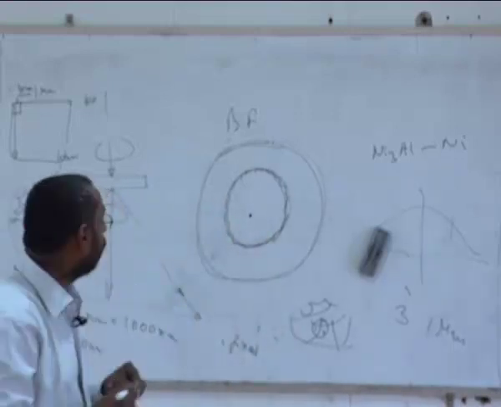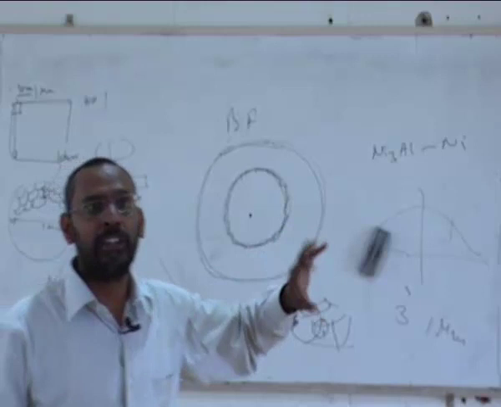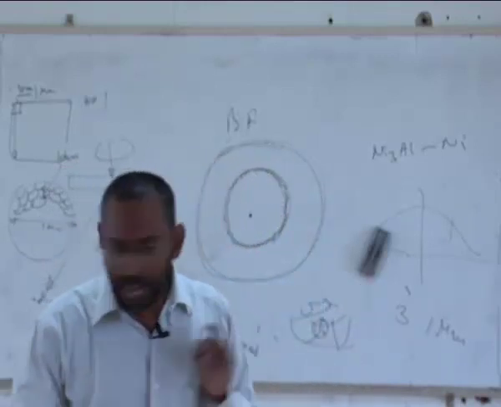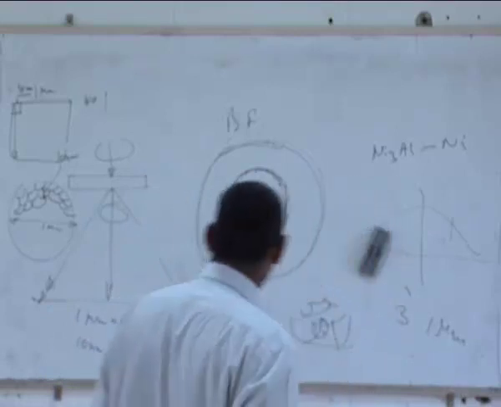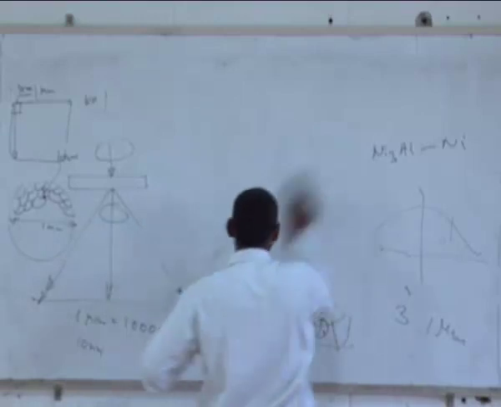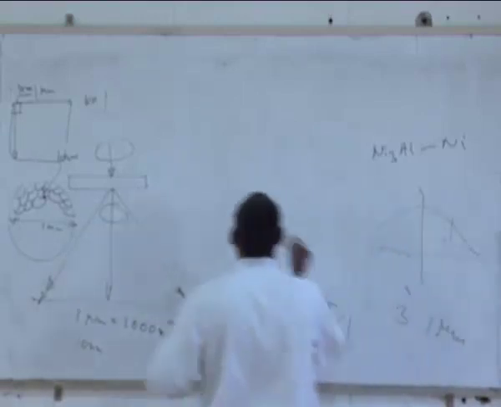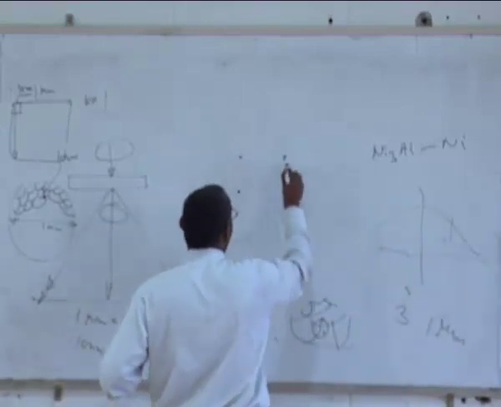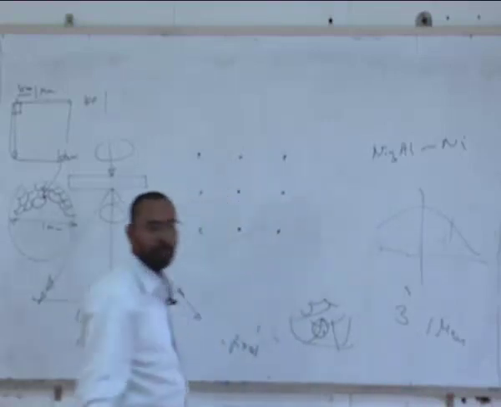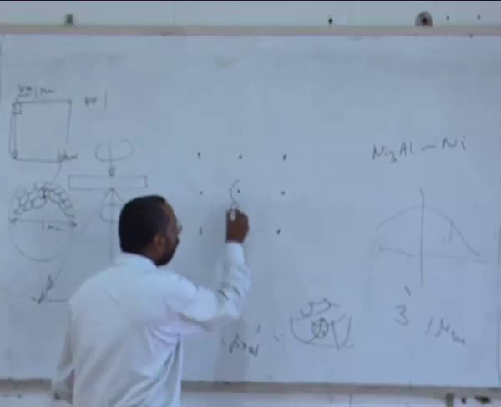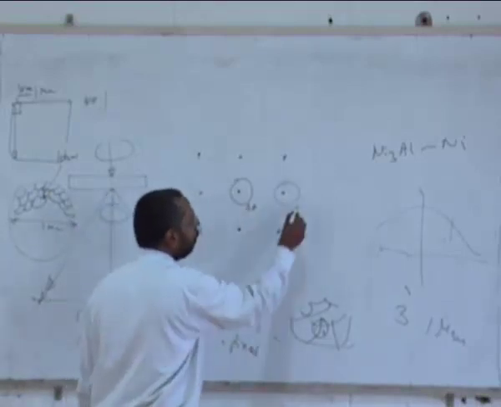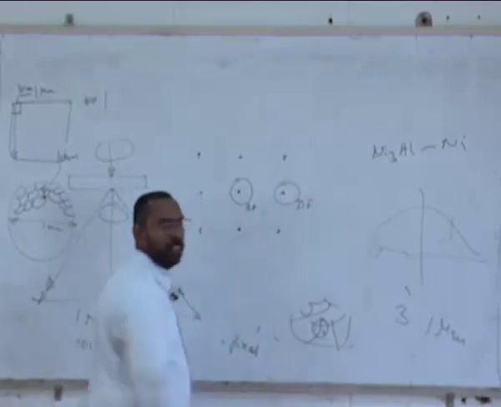So this is how we can talk about what is called bright field imaging, dark field imaging, and diffraction patterns that come from each of these. And the final point that we can make is, instead of taking either the transmitted spot or the diffracted spot, I said if you choose the transmitted part, you get a bright field. If you choose a diffracted spot, you get a dark field.